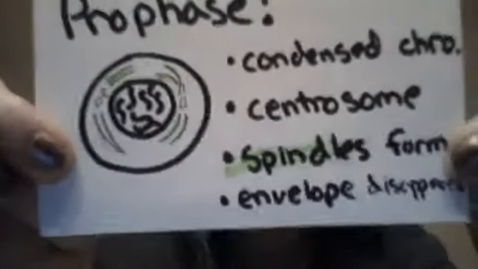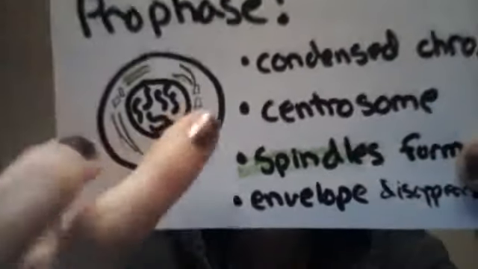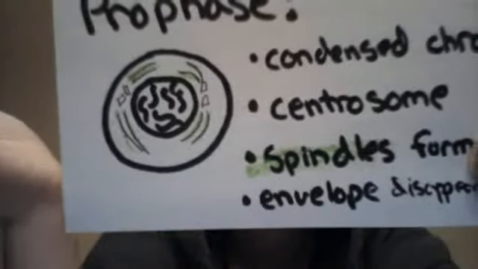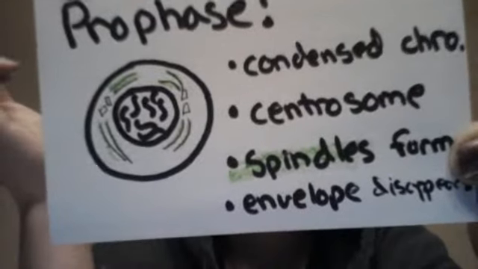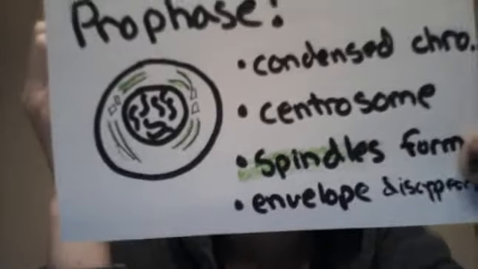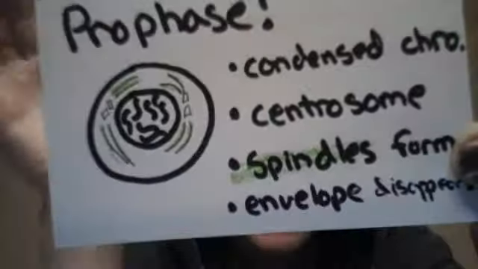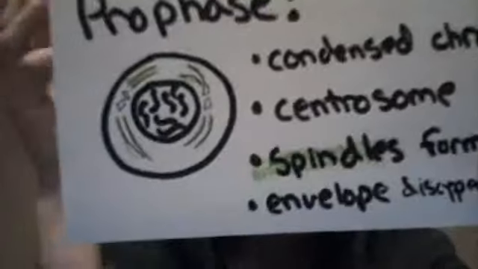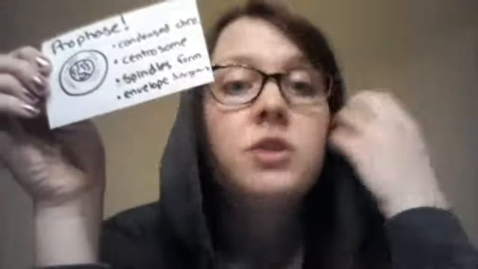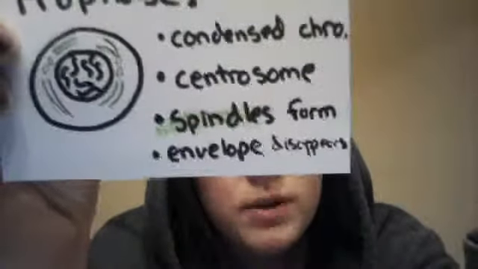You'll also sometimes notice these little boxes on the sides, the little itty-bitty confetti pieces. Those are called centrosomes, and centrosomes produce spindles. These spindle fibers are responsible for moving the chromosomes around during mitosis, but we don't really need to worry about them now. All you need to know is that in prophase, these spindle fibers start forming and building up. They're made out of microtubules, which you also don't really need to know a lot about, but microtubules can build up and break down like Legos. So in this phase, they're building up.